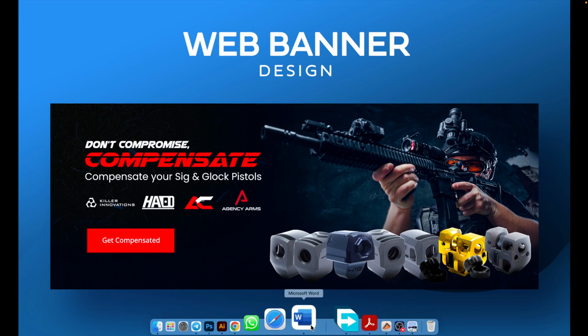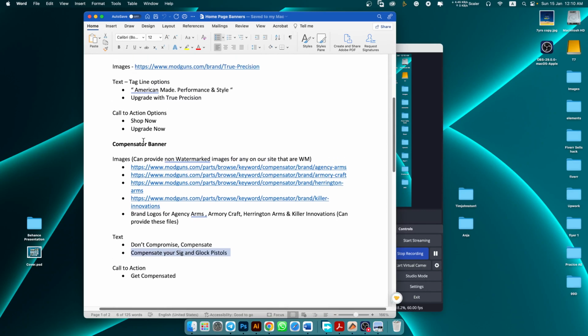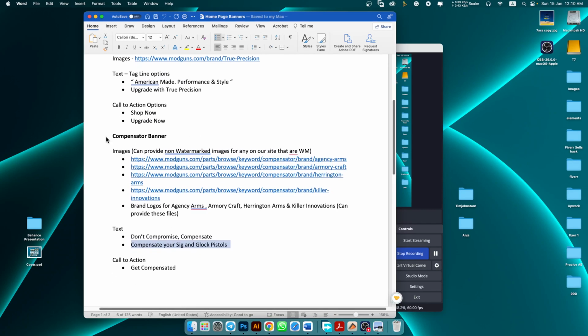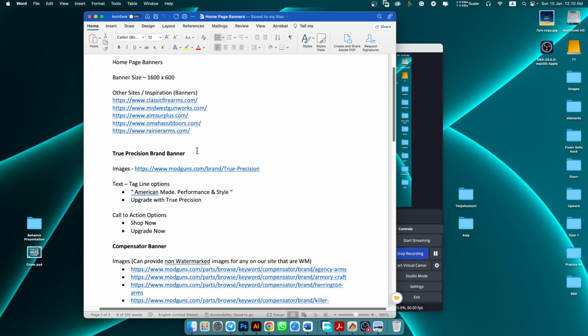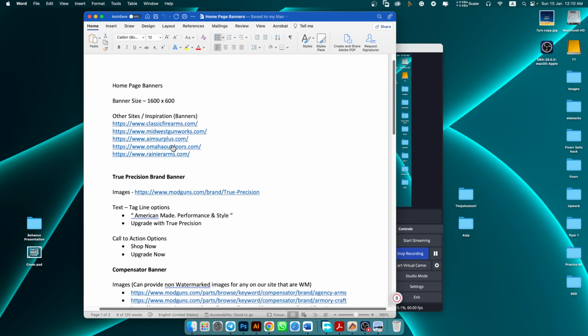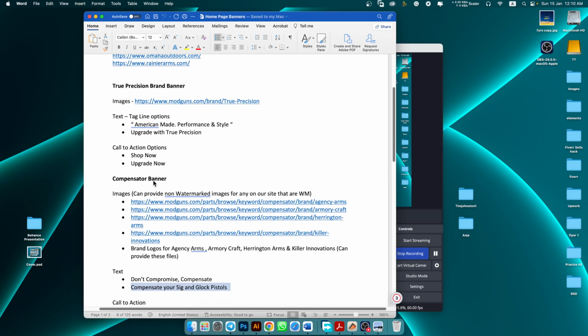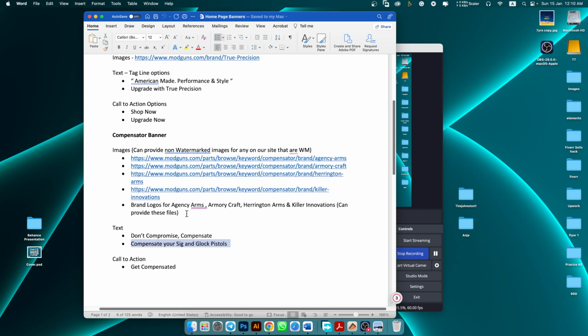First of all, let's check our brief where the client said what to do in this web banner. So we can see that we have to use 1600 by 600 pixels dimension, and the client also provided some text and some